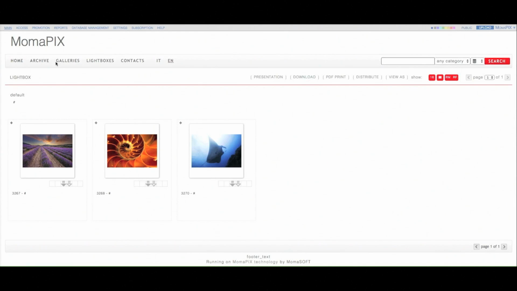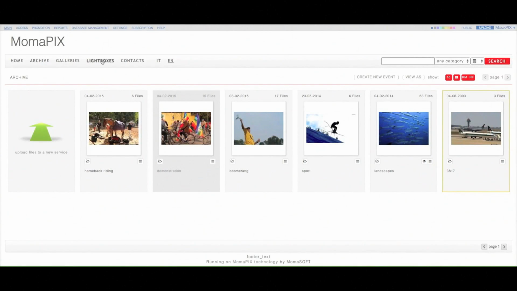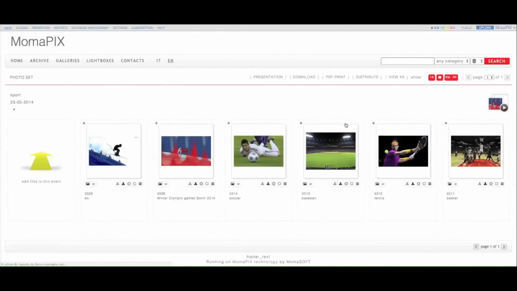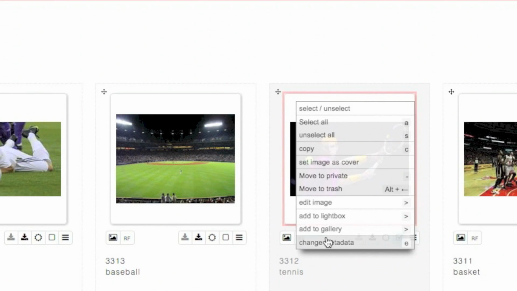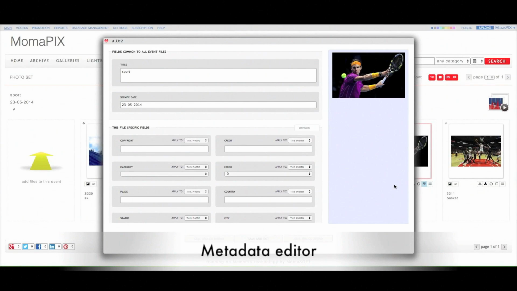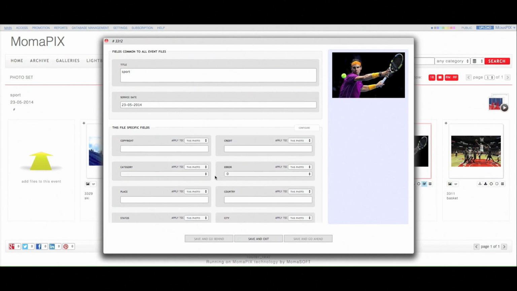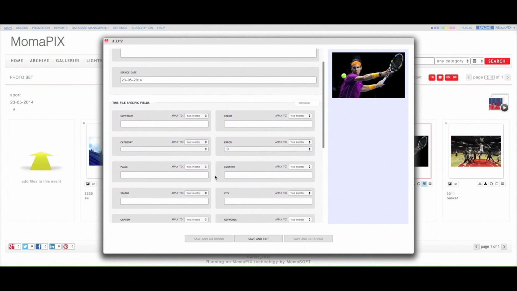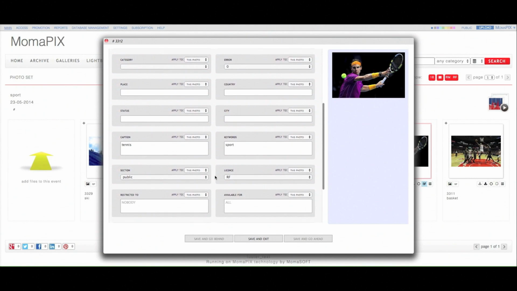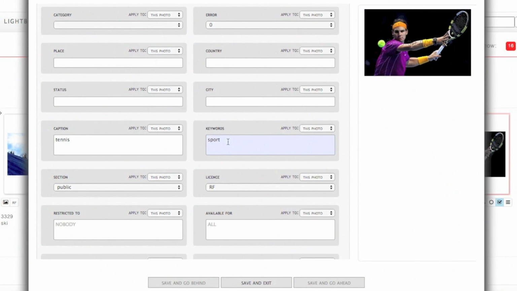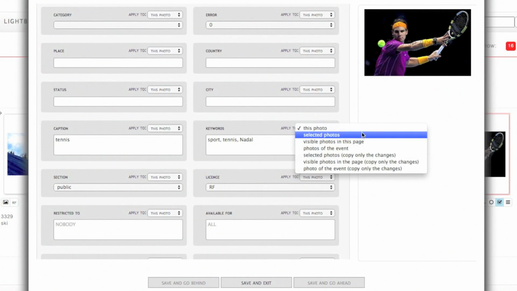Another very important characteristic that actually helps to simplify the work of professionals is the online control of metadata. Metadata are automatically imported from MomaPIX if they had already been populated using an external editing tool such as Photo Mechanic, Aperture, or Photoshop. Additionally, they can be edited or modified directly online on your own MomaPIX website. Changes can be made on the individual files or blocks of files and will be transcribed in the IPTC fields